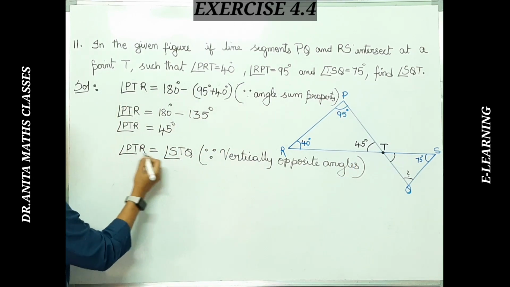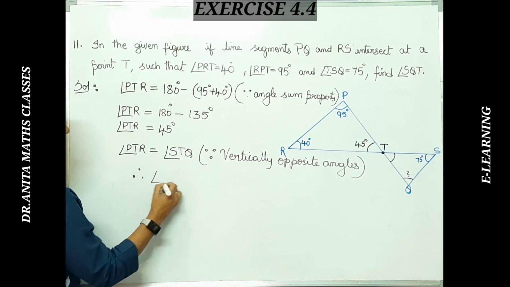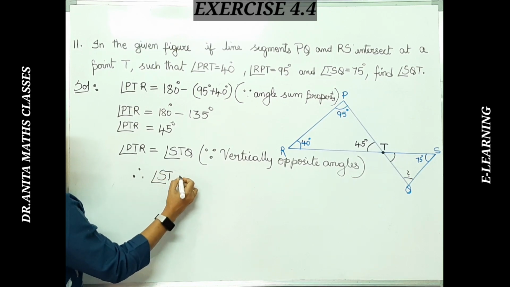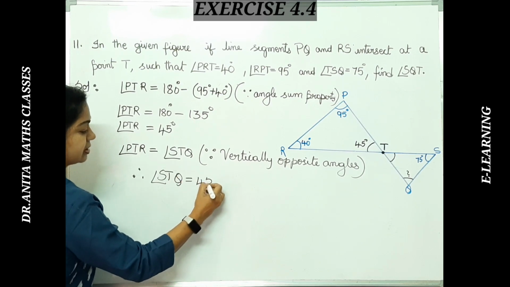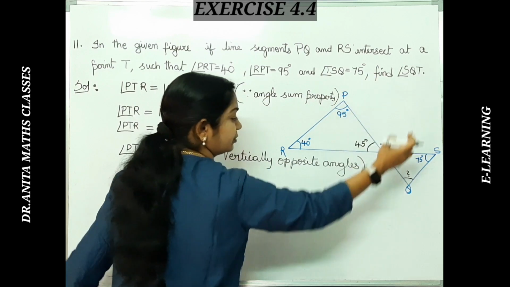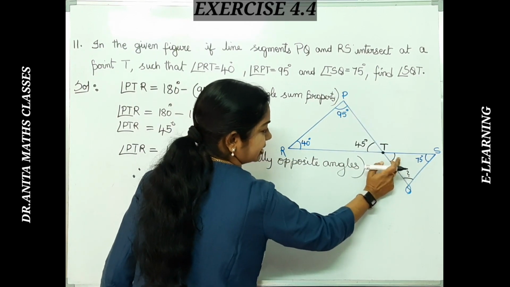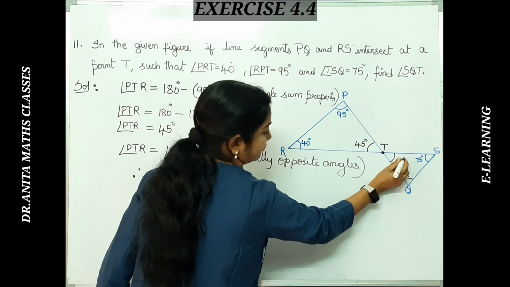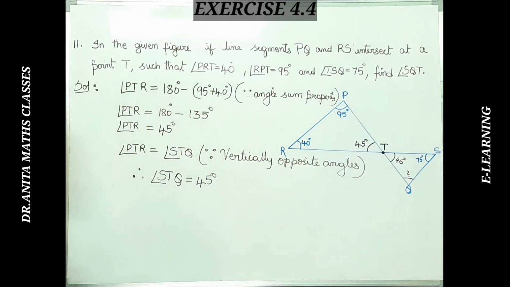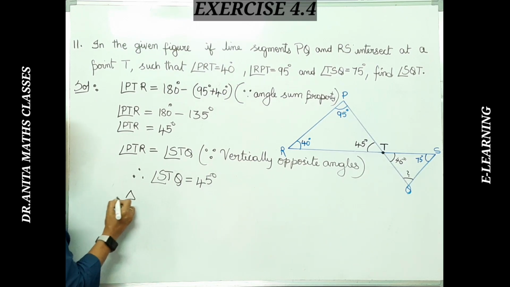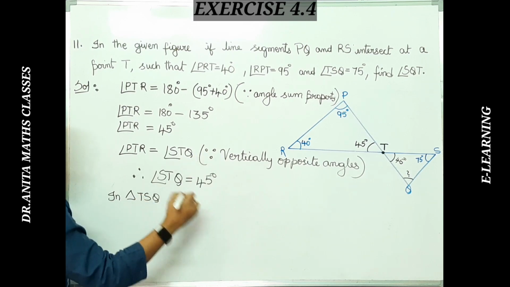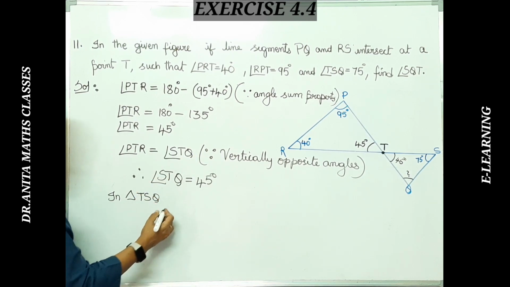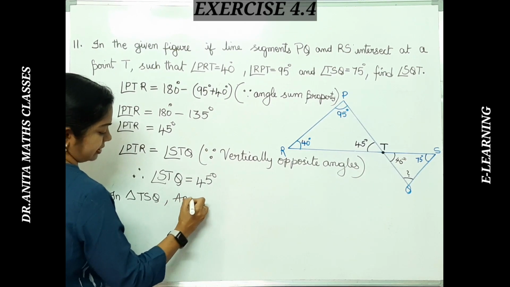So we know that PTR is 45 degrees. Therefore, angle STQ is 45 degrees. But what is asked in the question is SQT, that means this angle. We got this angle as 45 degrees, right? We want to find this angle SQT. So the same thing, angle sum property of the smaller triangle. Therefore, in triangle TSQ, if you see that angle TSQ, which is inverted here,